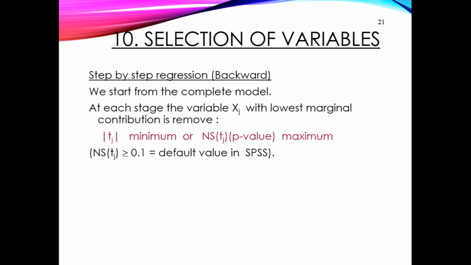It means that you were wrong to put all your factors in your model, so we need to remove some of them in order to improve the quality, the R square, and to improve the prediction of sales. So the principle of step-by-step regression consists of